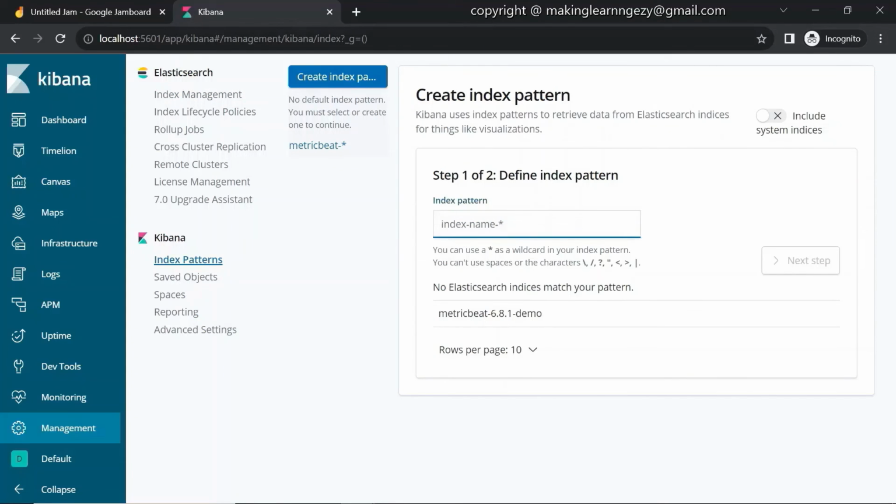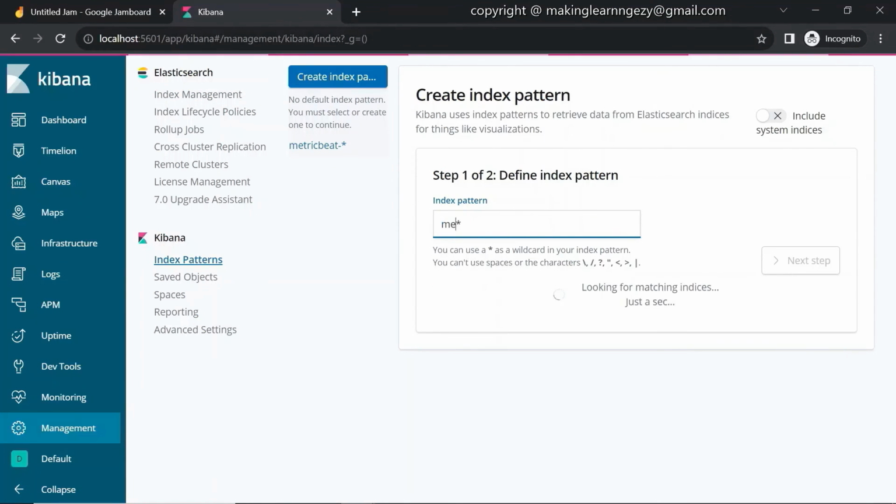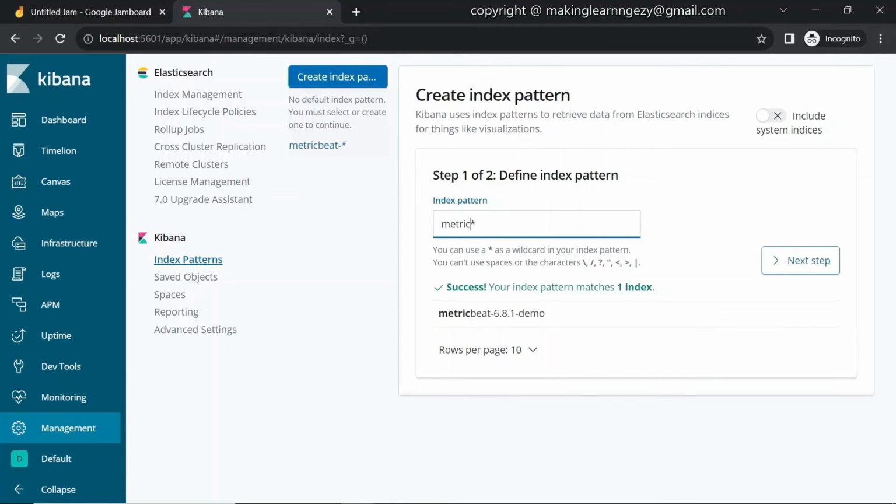Now we will enter the name of the index pattern in such a way so that it can match with the index, beat and star. So you can see your index pattern matches one index. That index is this.